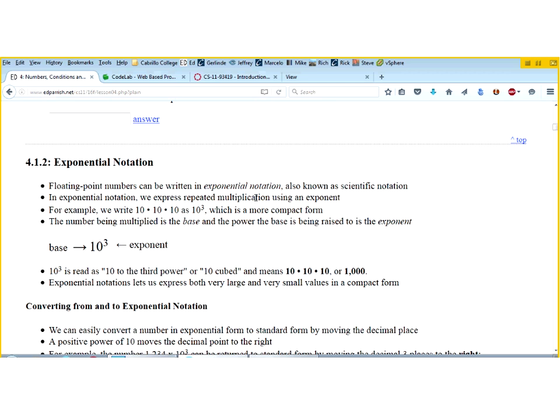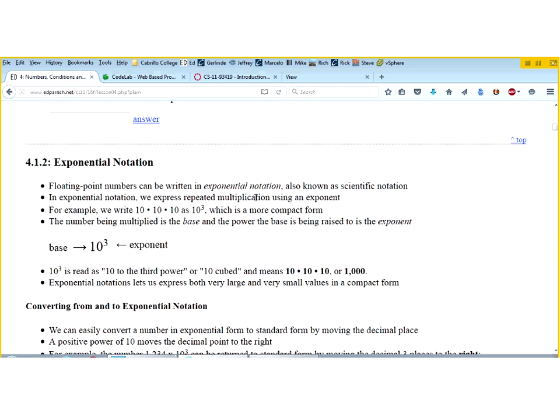Okay, so there's another way that you can represent double numbers, or floating point numbers, in C++, and that's writing in exponential notation. How many people have taken chemistry or physics? So are you familiar with the term scientific notation? How many people have heard of scientific notation? Okay, so scientific notation is where you take a really big number or a really tiny number, and you write it in a special form, and when it's in the scientific or exponential notation form, then it's able to